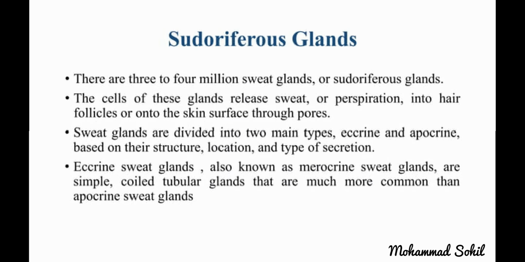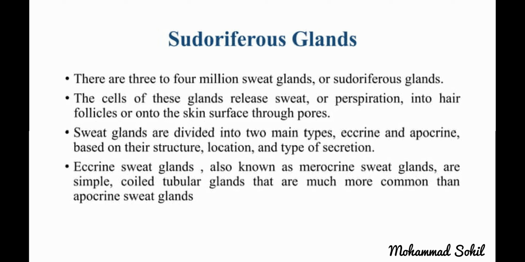Then the second gland is the sudoriferous gland. There are 3 to 4 million sweat glands, or sudoriferous glands. The cells of these glands release sweat or perspiration into hair follicles or onto the skin surface through pores. Sweat glands are divided into two main types, that is eccrine and apocrine, based on their structure, location, and type of secretion. Eccrine sweat glands, also known as merocrine sweat glands, are simple coiled tubular glands that are much more